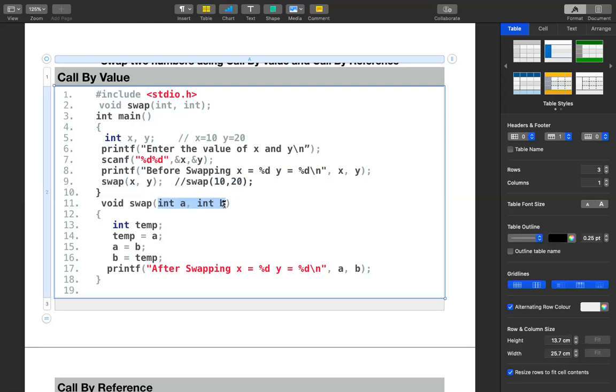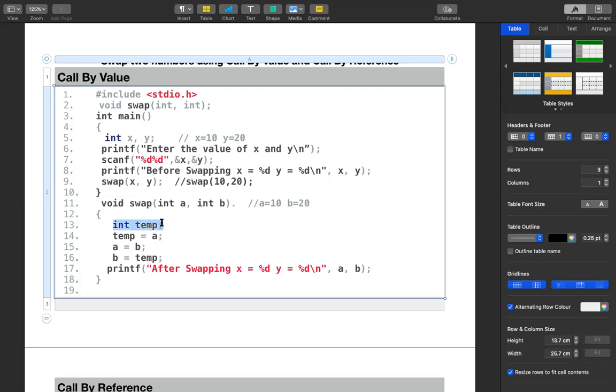If you remember, when we were discussing call by value, I said that the actual parameters and formal parameters are not going to be in the same location. They are going to refer to different locations. So a comma b and x comma y are going to be different, but what is the same here is that the value is copied as it is to those locations. Even though the locations are different, the values are the same. Now at this point, a value will be 10 and b value will be 20. Okay, it's copied. Next we are declaring another temporary variable